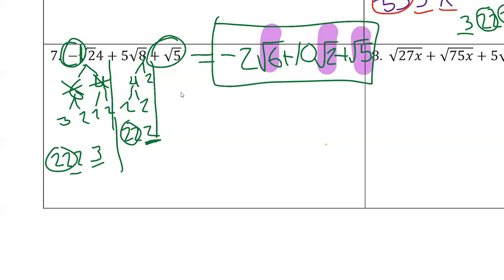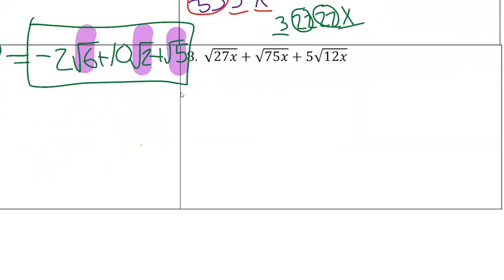If you ever end up with the situation where your radicands are different, you can't combine them. Only if they have the same number underneath can you add or subtract. We'll see it's a little bit different when we get into multiplication. But with addition and subtraction, they have to have that same number. So if you'd like to try number 8 on your own, that will be our final problem for